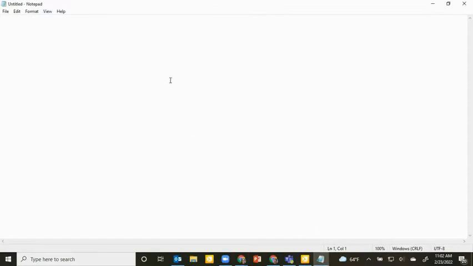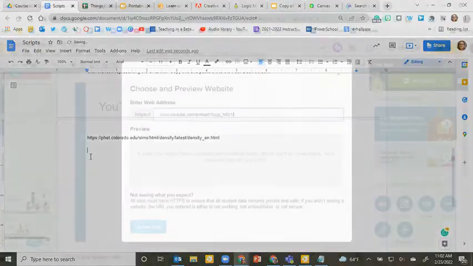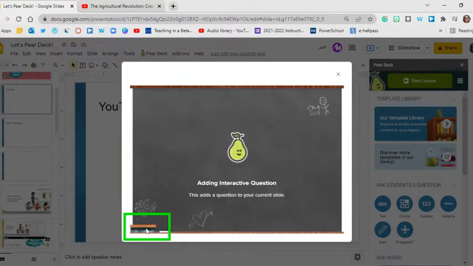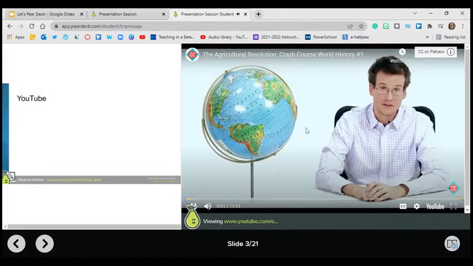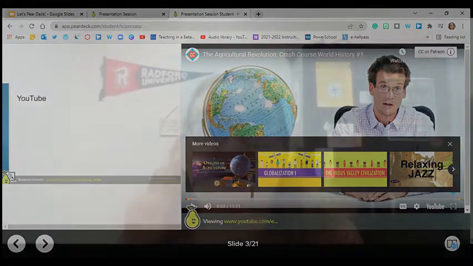To make it easier to see the exact section you need, you may want to paste this code into a text file or Google Doc and then delete the areas you don't need before copying and pasting into the Pear Deck window. You'll see a preview of the video come up when it's been added correctly. Then click Update Slide. This will embed the video. So when students are in student paste mode, they will now be able to see the video and click play or pause as needed. You can also do this from Edpuzzle or WeVideo too.